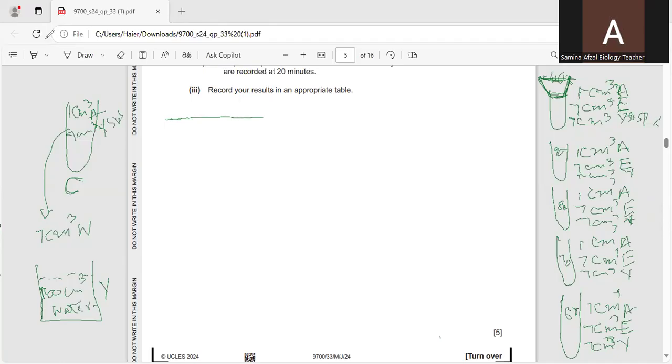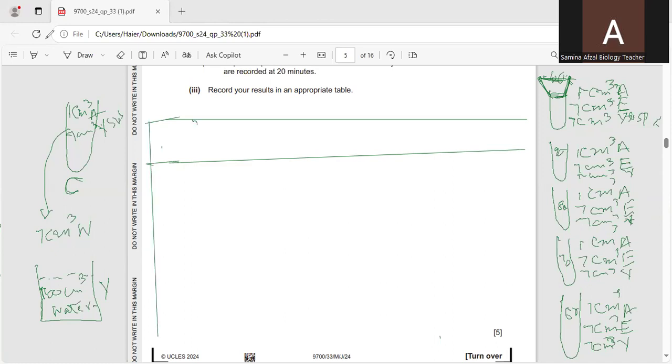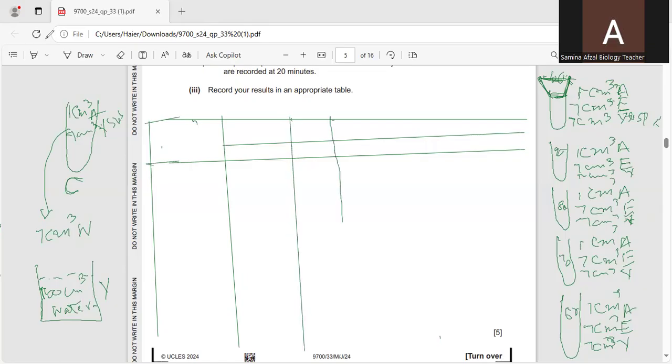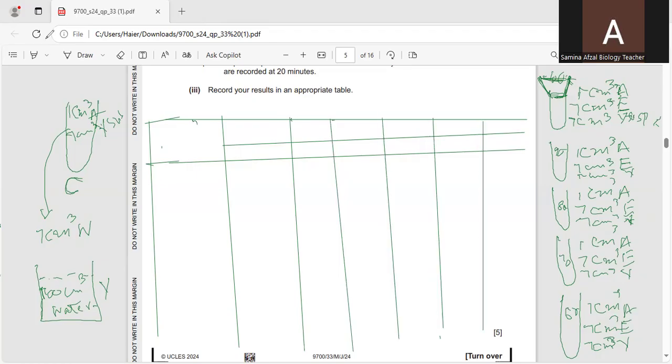We will make headings. So in this way, we will make a table, and on the table,